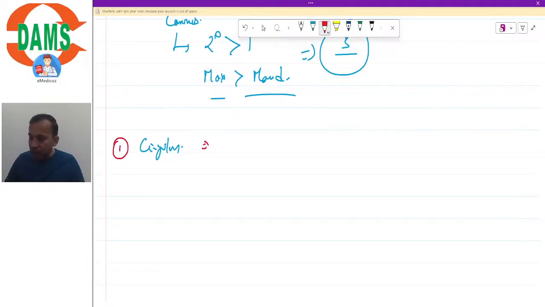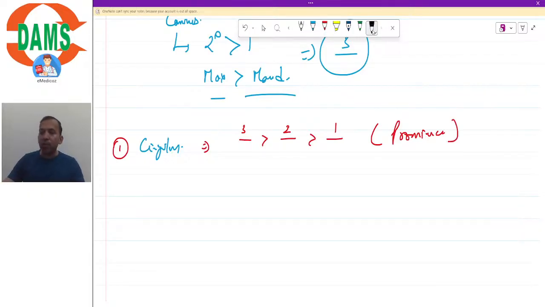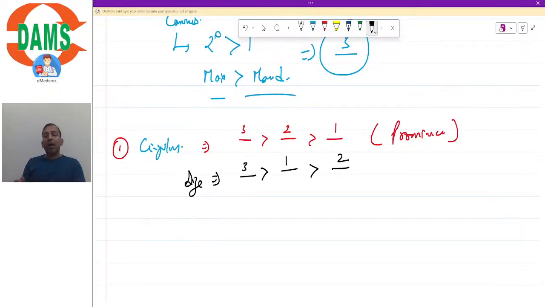Let's say we are talking about cingulum. So cingulum would follow the same order. This is the prominence, isn't it? We are not talking about the size, just the prominence. Where is it most prominent? It is most prominent in canine and least prominent in central incisor. But when we are talking about the size, it would be canine, then central, and then lateral. So though the lateral incisor has a smaller cingulum, it is more prominent than that of central incisor in the maxilla. But when we talk about the mandible,